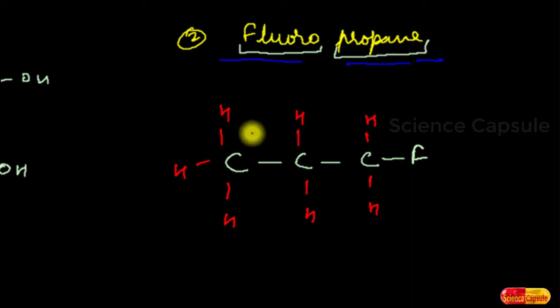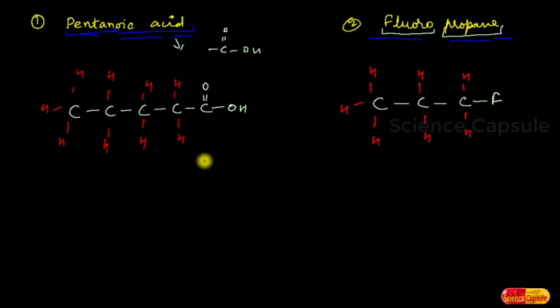How easy, isn't it? So this is how the structure of any carbon compound can be found out, by having the idea of the molecular formula of the functional group, the suffix of the functional group, and knowing the parent hydrocarbon. So this is all about the nomenclature of carbon compounds.